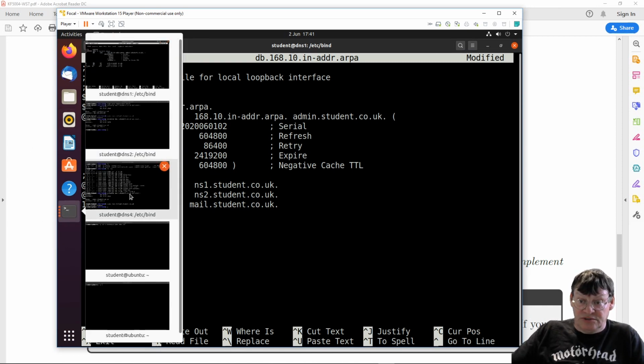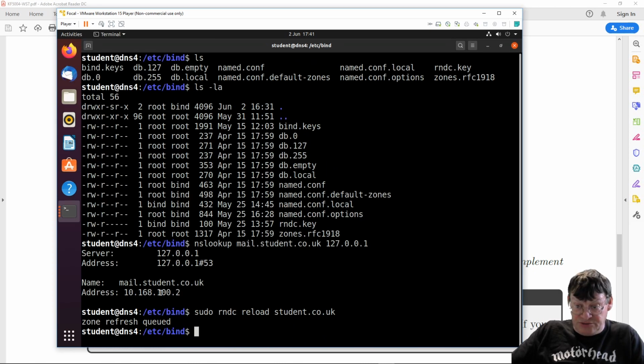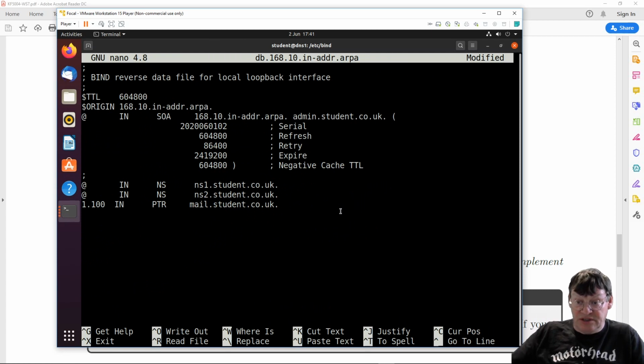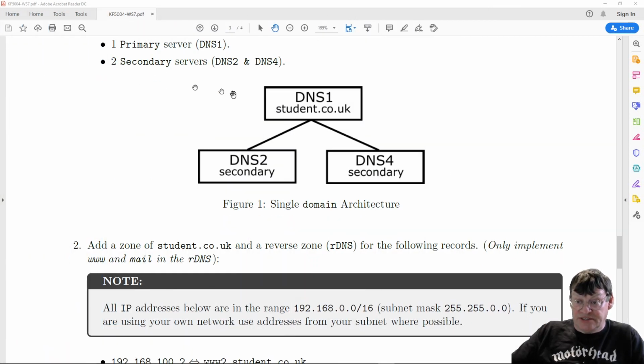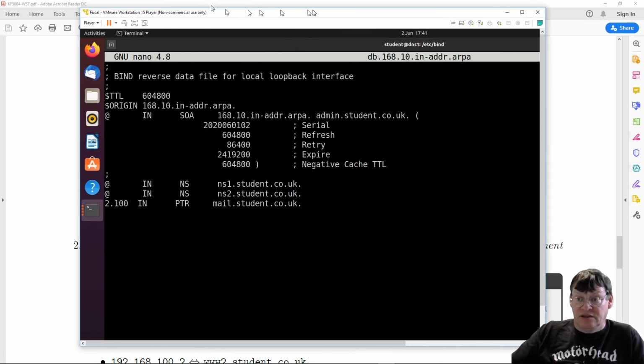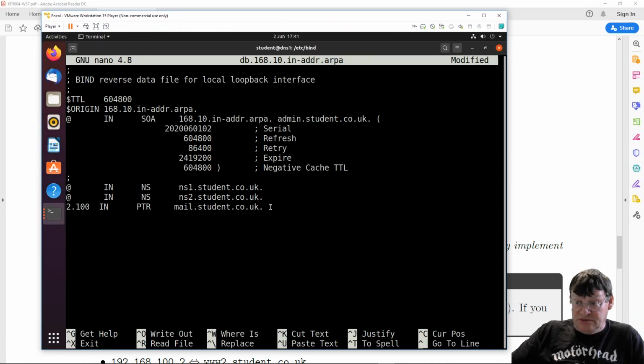If I go to here, we can see mail is running on 100.2. So let's go back to the primary, and that is 100.2. And the other one we want is the www. And let's have a look and see where that should be. www, it's on the same address, which means all I have to do is simply go 2.100